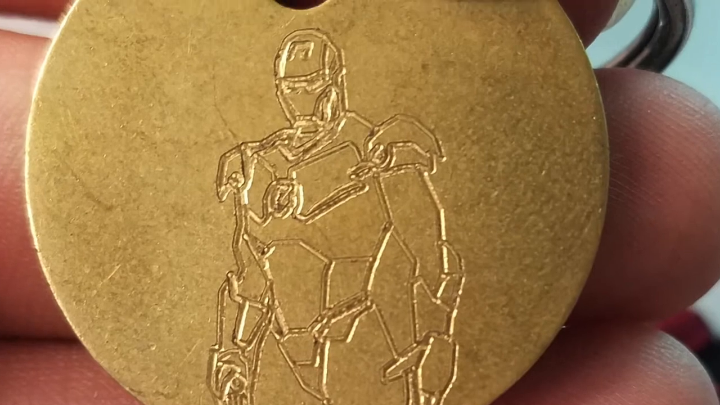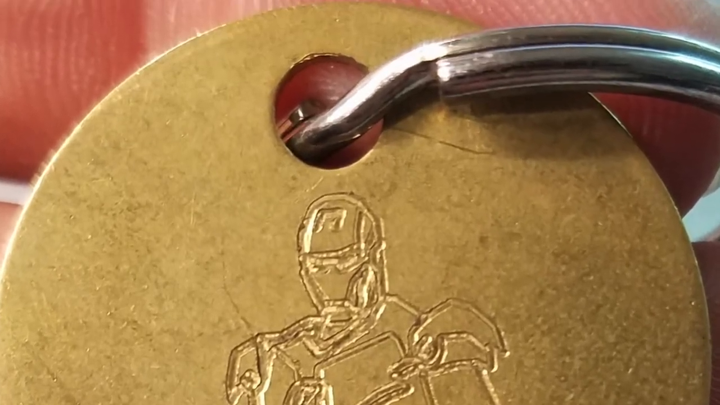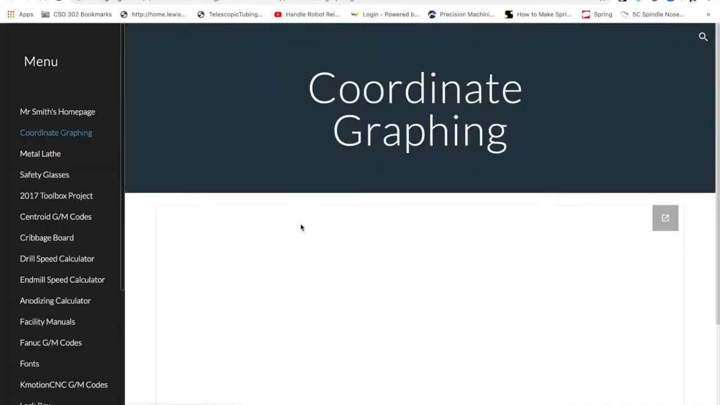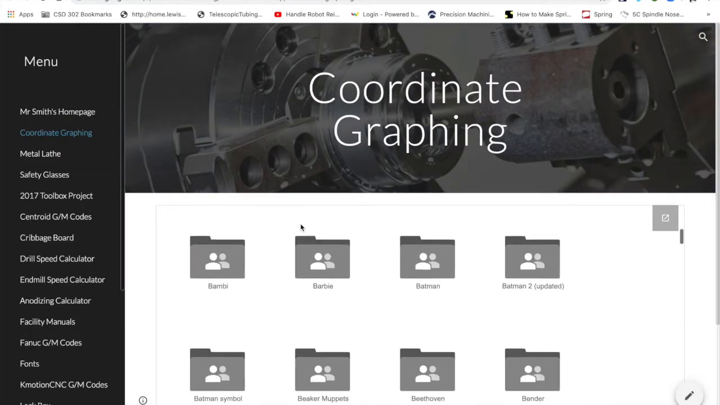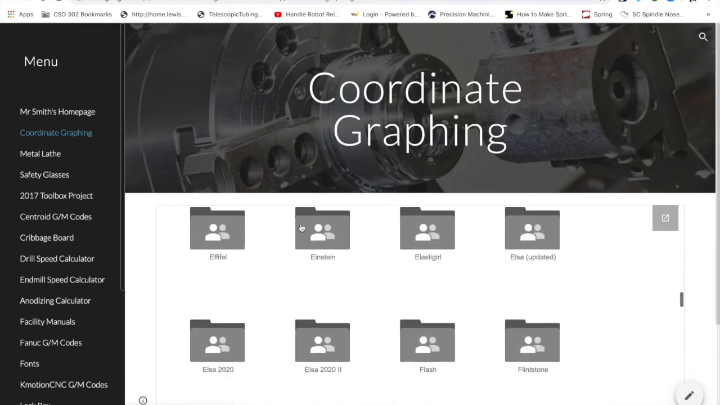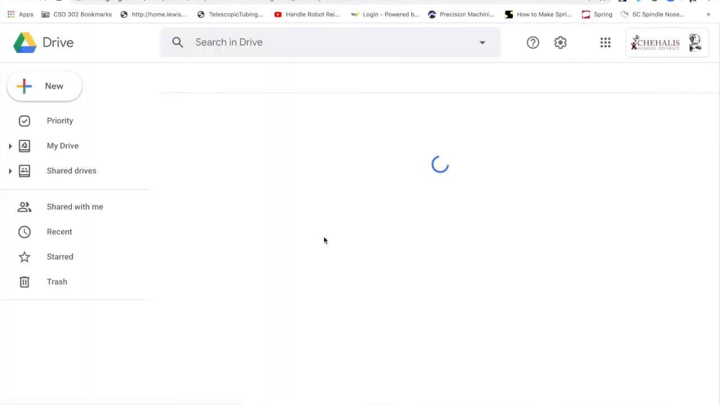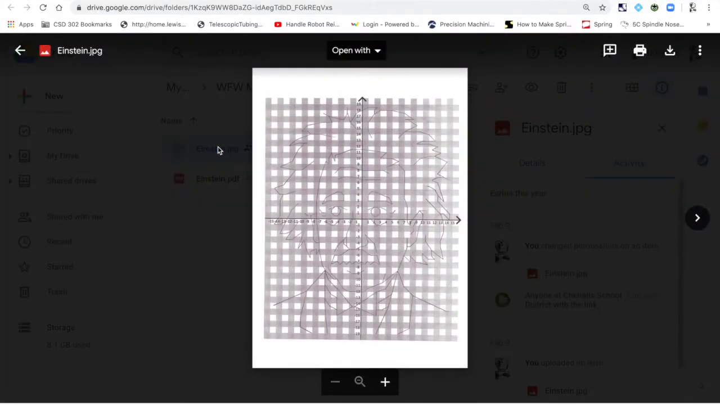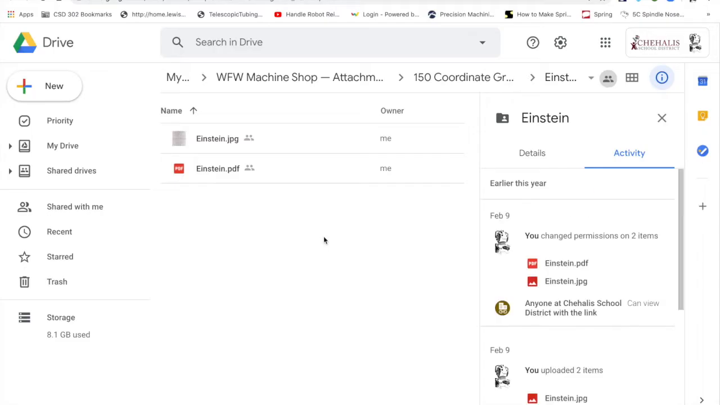We'll be engraving brass keychains using coordinate pairs. Start in Google Classroom and find a design that you like in the coordinate graphing folder. And once you've selected it, you can verify you like it by looking at the JPEG image. After that, open up the PDF